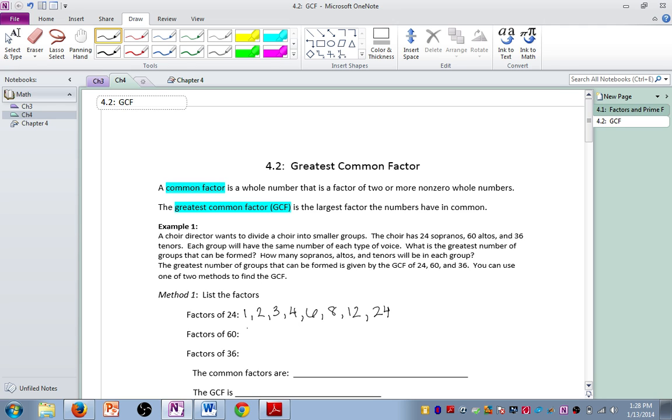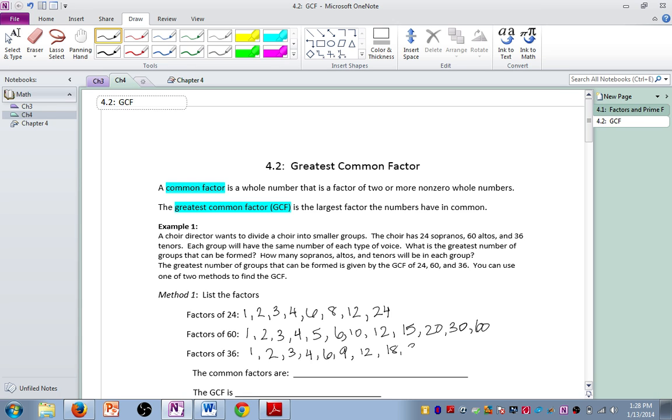Factors of 60 are 1, 2, 3, 4, 5, 6, 10, 12, 15, 20, 30, and 60. The factors of 36 are 1, 2, 3, 4, 6, 9, 12,